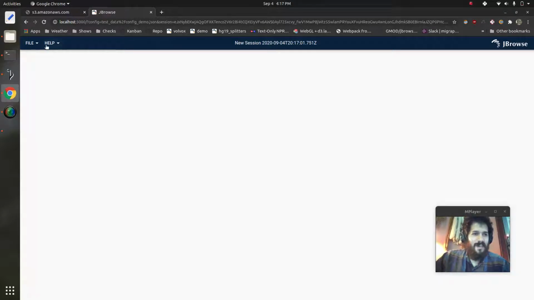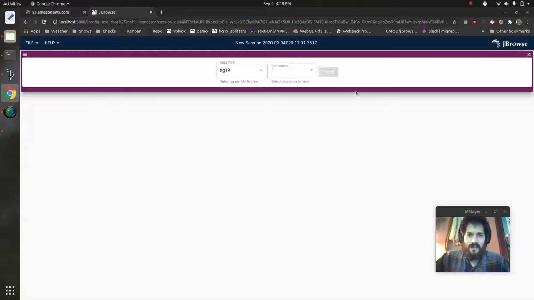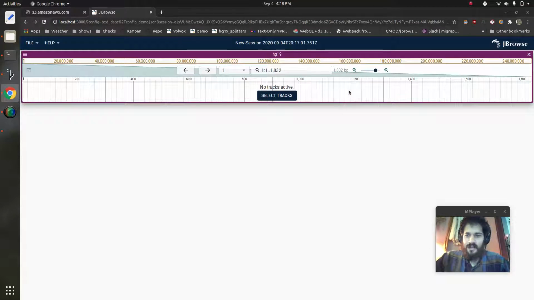So, as you may have heard, we've got these different view types in JBrowse 2, and that includes things like dot plot and synteny. But what we're going to see is that these can all be interrelated. So if we check out our standard linear genome view, we can open it on HG19 and open up, say,